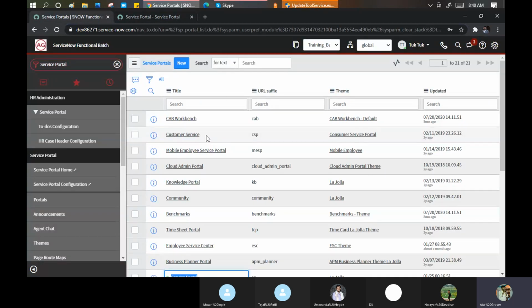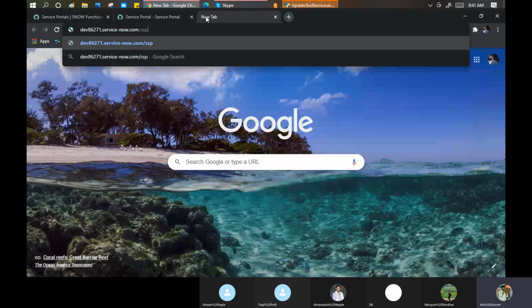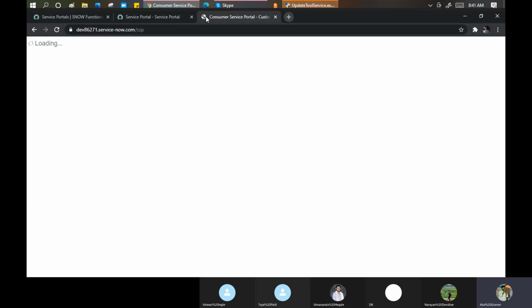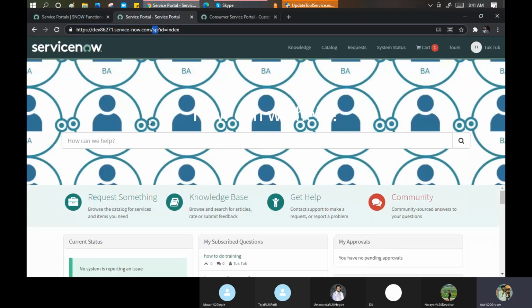Like if I open this link and put /csp, let me show you, dev/csp, customer service portal. So a portal will open, but some different things will be visible to you. And remember, this portal and this portal both have a different purpose. Both are not the same.